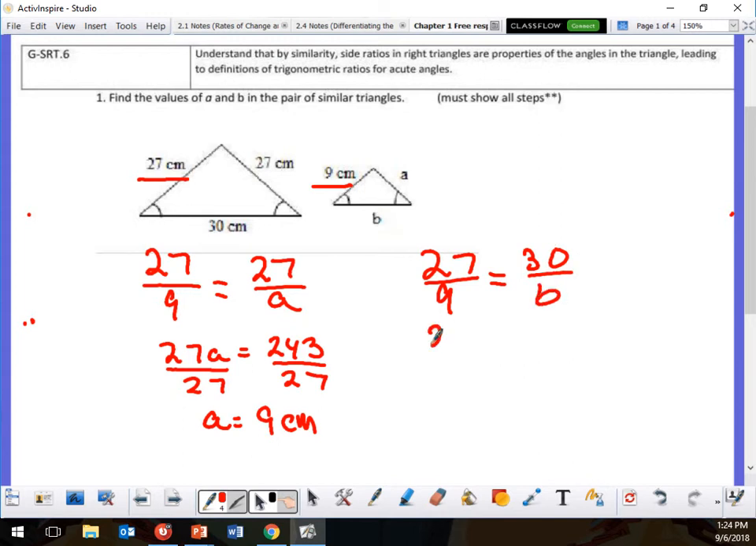Cross products. 9 times 30 divided by 27. B is